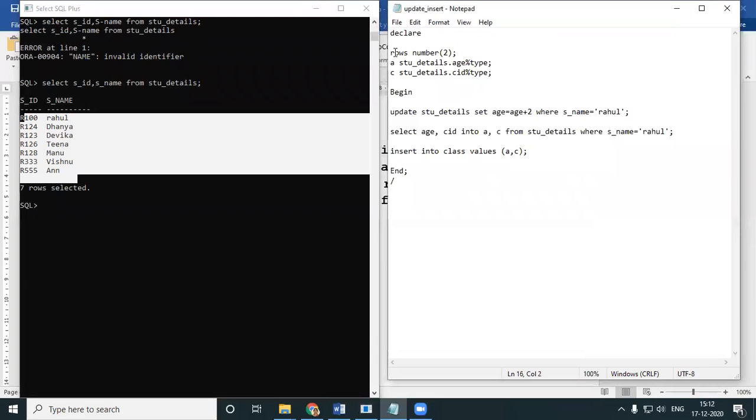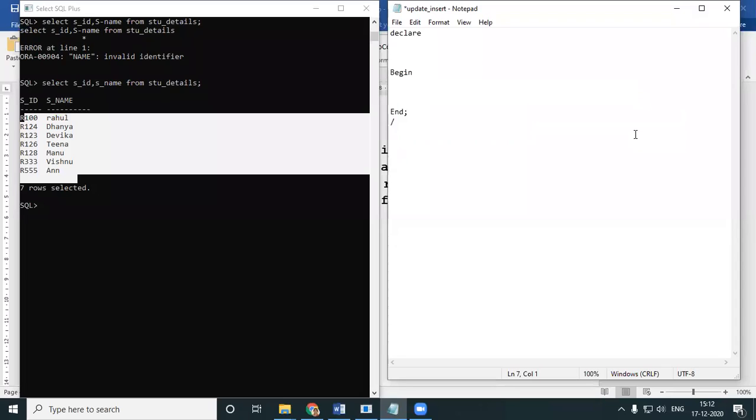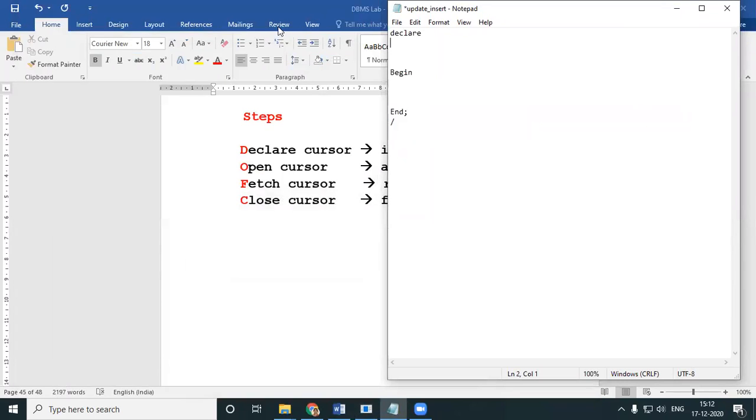I'll have a declare, I'll have a begin, I will have an end. All this is one and the same, no change. But as you all know, you cannot work with implicit cursors over here. You will have to go for explicit cursors.